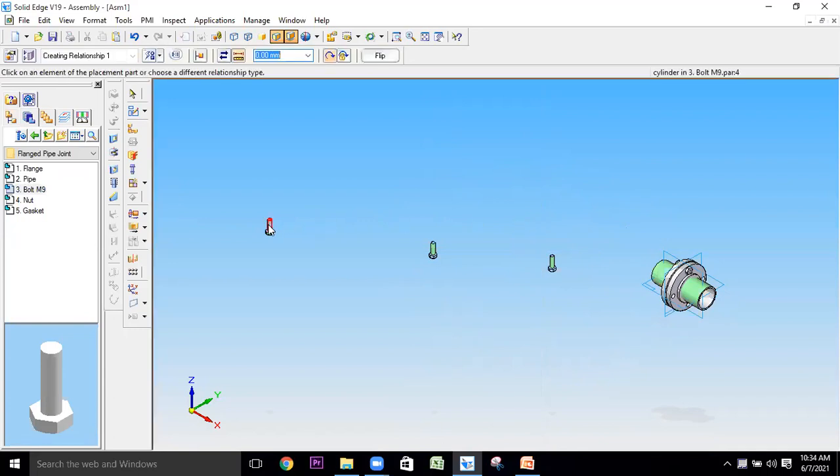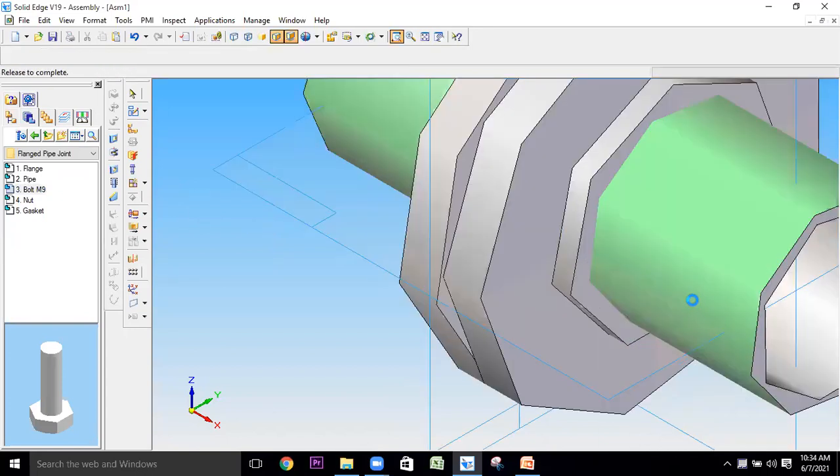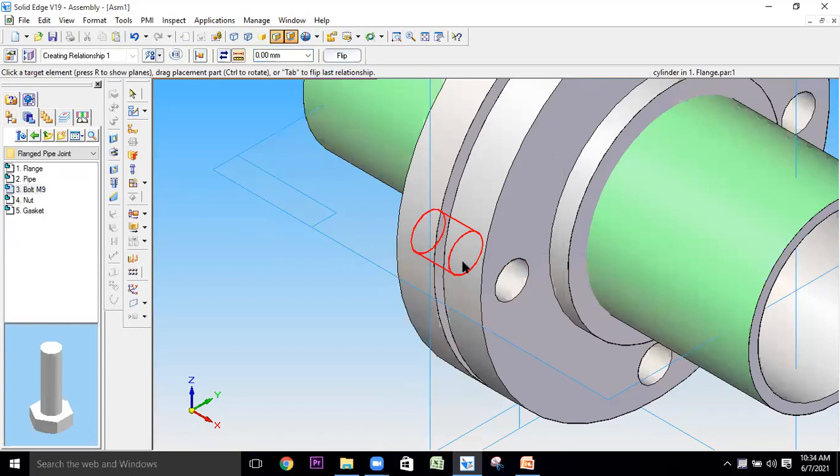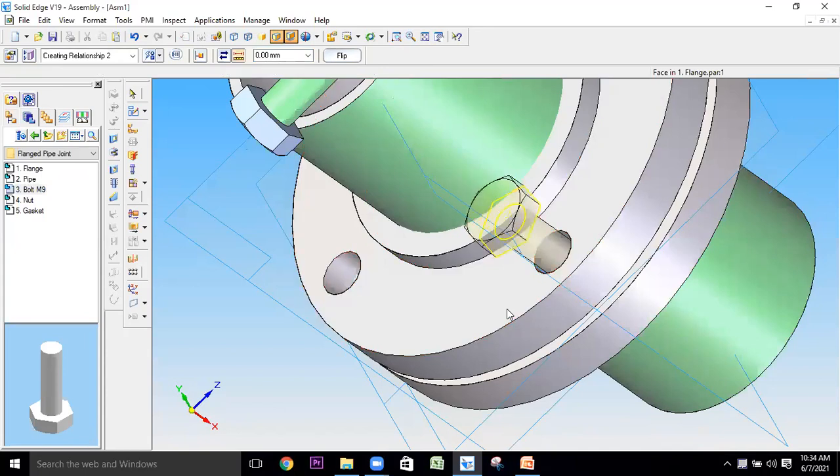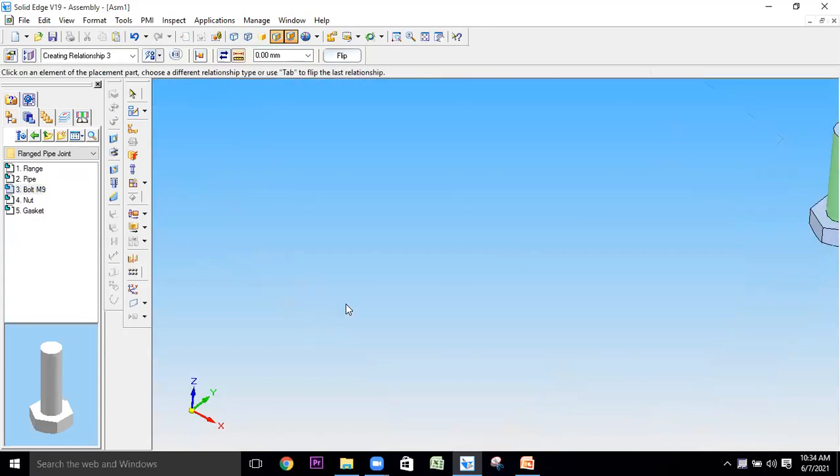And this bolt I'm going to select to this nut. Then this face with respect to this face rolls over,